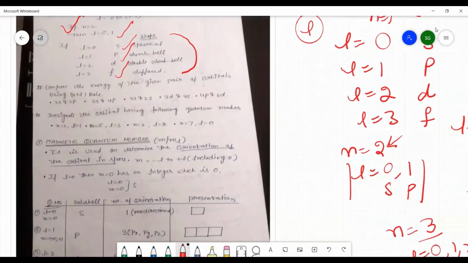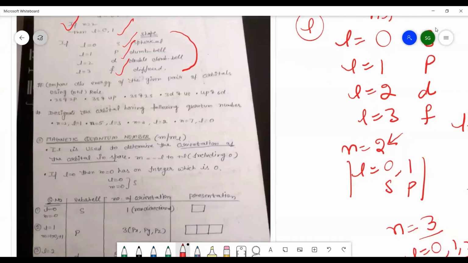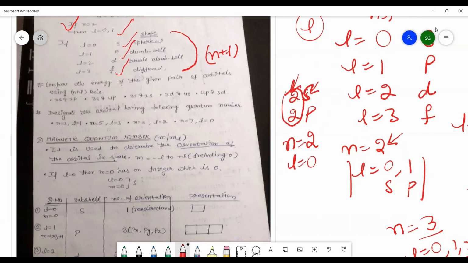Now you can identify, calculate the energy. You can apply now n plus L rule, कि किस तरीके से हम n plus L rule को apply करके energy of the orbitals को compare कर सकते हैं. Suppose you are having 2s and 2p orbital. अब देखिए जो आगे 2 आपका लिखा हुआ है ये वैल्यू n होती है, ये प्रिंसिपल क्वांटम नंबर की वैल्यू होती है, तो n इज इक्वल टू 2 हो गया. अब L इज इक्वल टू आपका यहाँ पर s ऑर्बिटल है, तो s ऑर्बिटल के लिए L इज इक्वल टू 0 हुआ, तो n प्लस L कितना हो गया 2, n प्लस L कम्स आउट टू बी 2.